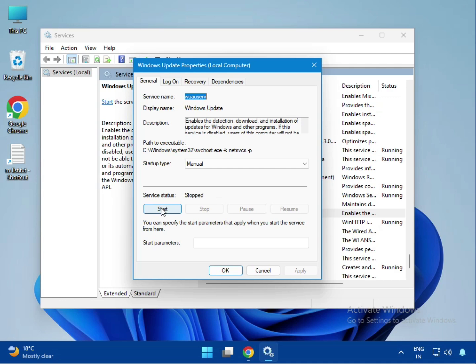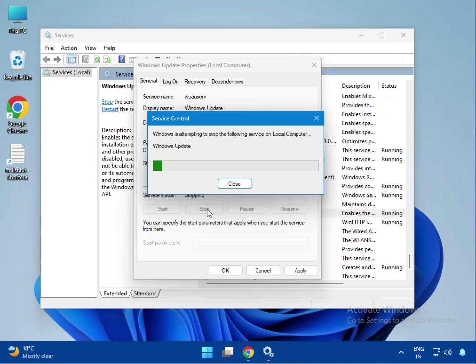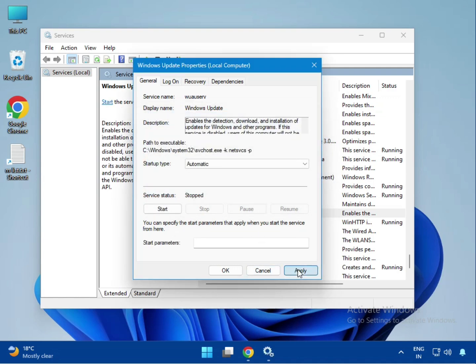and if it is started, please stop it. Okay, like that I show you. Select automatic and stop, then apply. Okay,